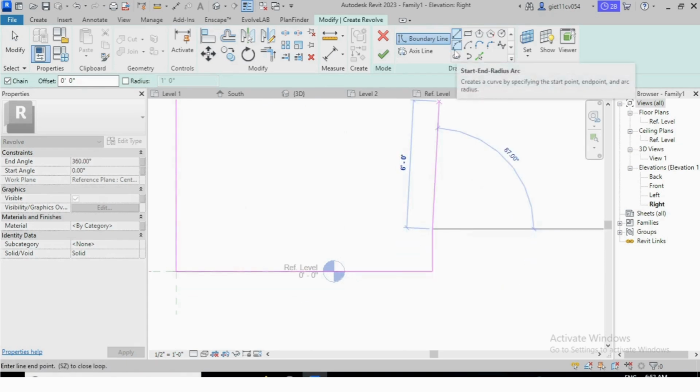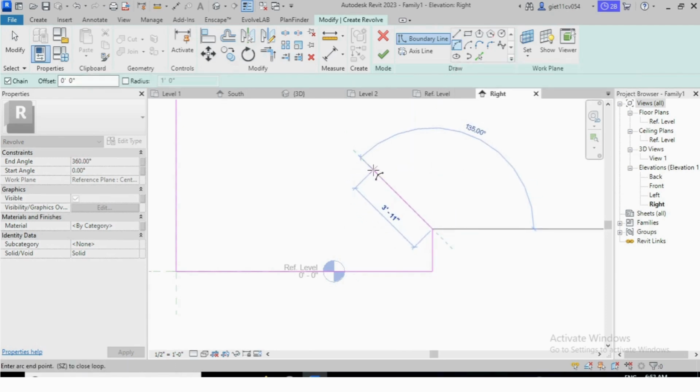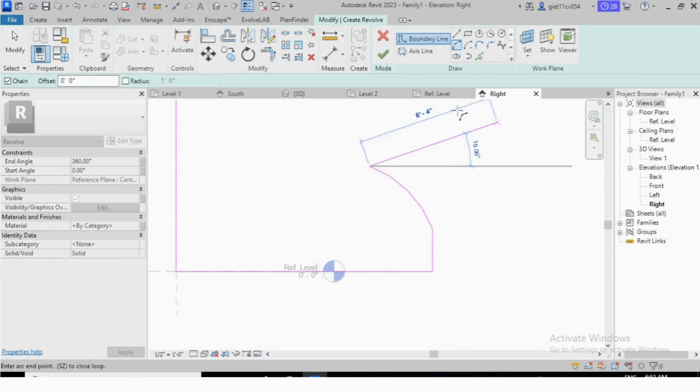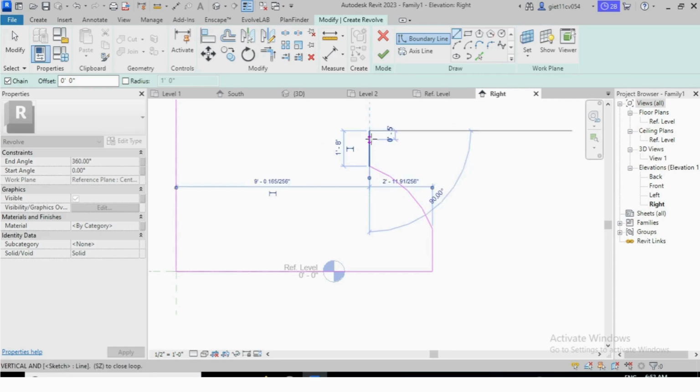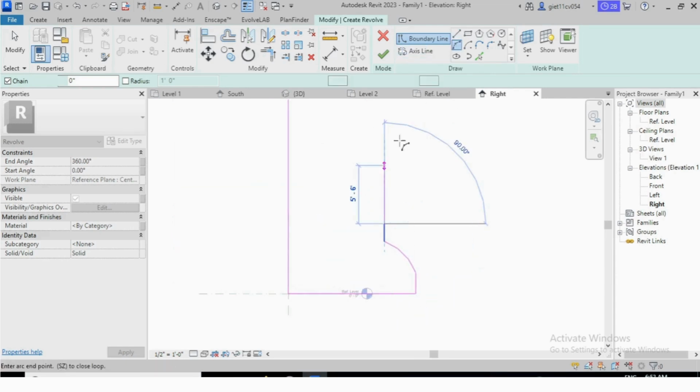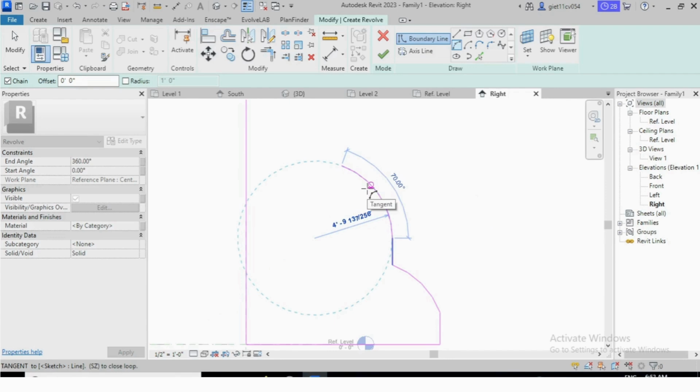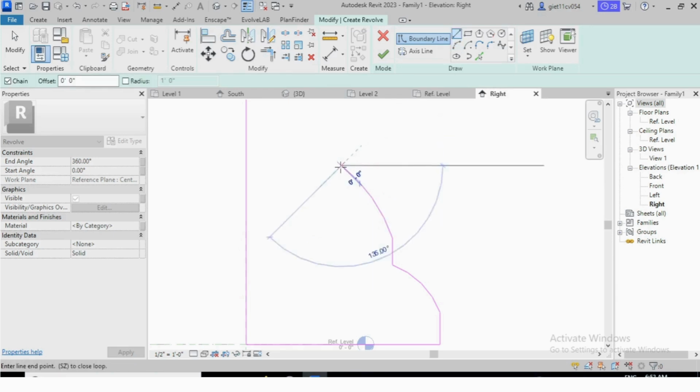Select this start and radius arc and again make this, select this line and make it 1 feet 8 inch, and again select this one and again 1 feet 6 inch.